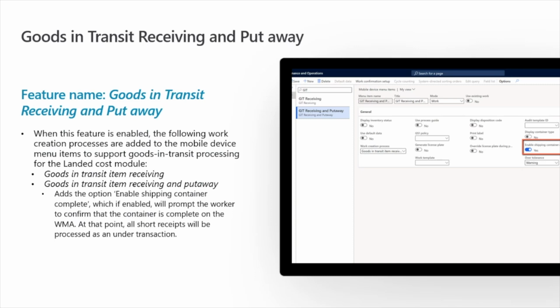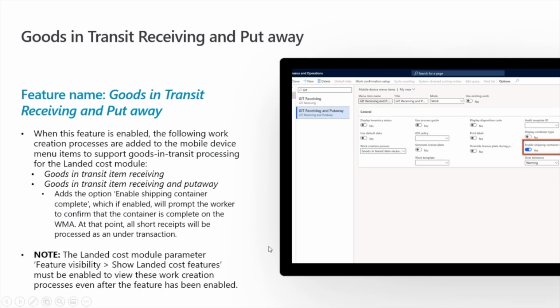And if they say yes, I physically received everything from this container, then anything else on the goods in transit order that has not been received by that worker will be closed as a short receipt.